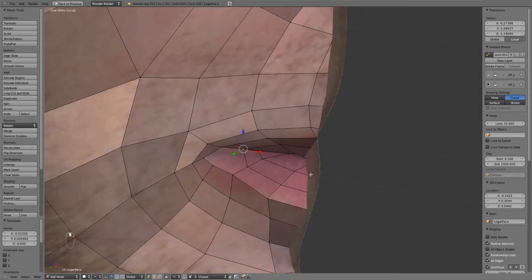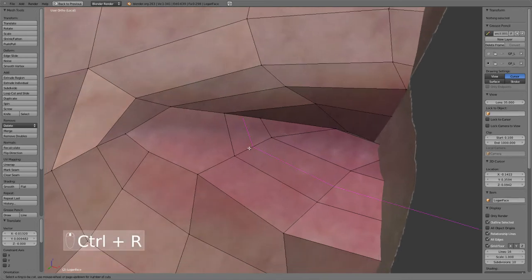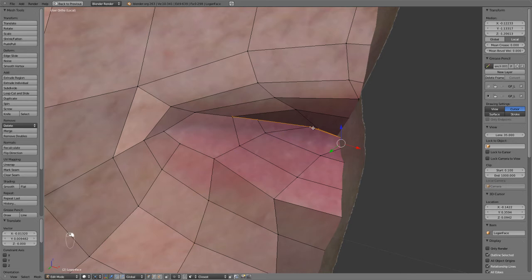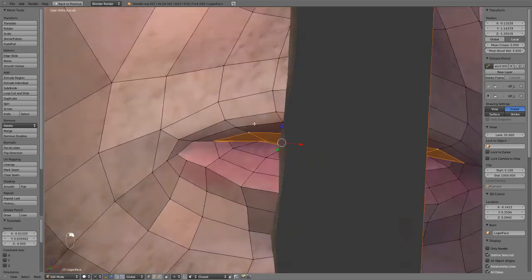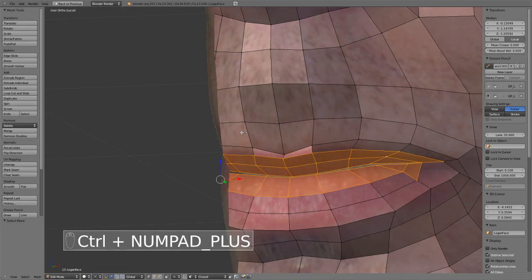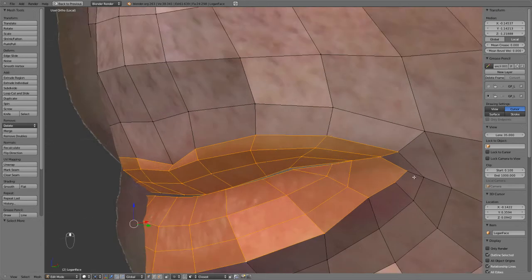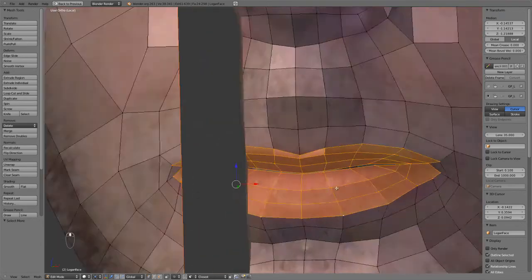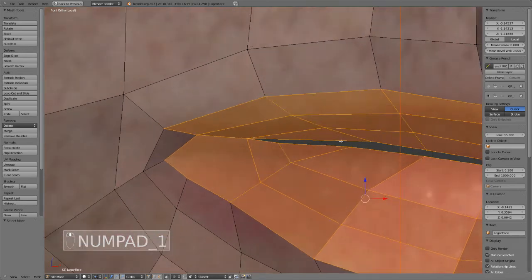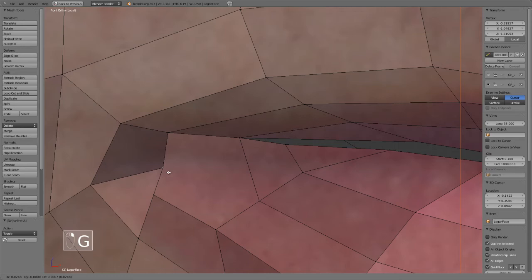So here we see we have a real geometry puzzle. How are we going to get these looping around like they're supposed to? Well, we could fight it. I can show you a real easy way to not, and that is to just delete all of this and just extrude it in. But there has to be a more intelligent solution, and that is to